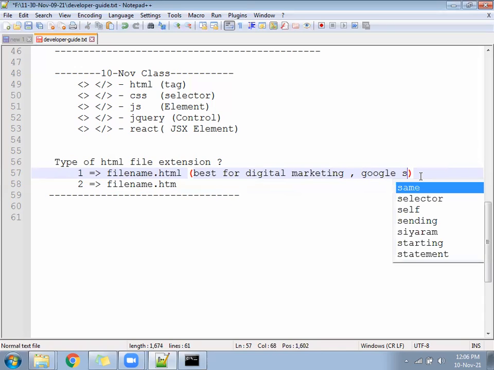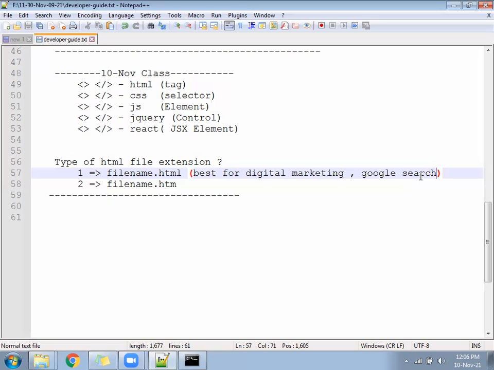So if your file extension is HTML and you develop a project and upload it on the internet, the Google bots will understand your file quickly. The Google search will see that it's an HTML file, a static file, and your page will come very fast in Google search. So for that purpose, HTML will be the best. The second option, you can avoid, you cannot follow that, is also fine.